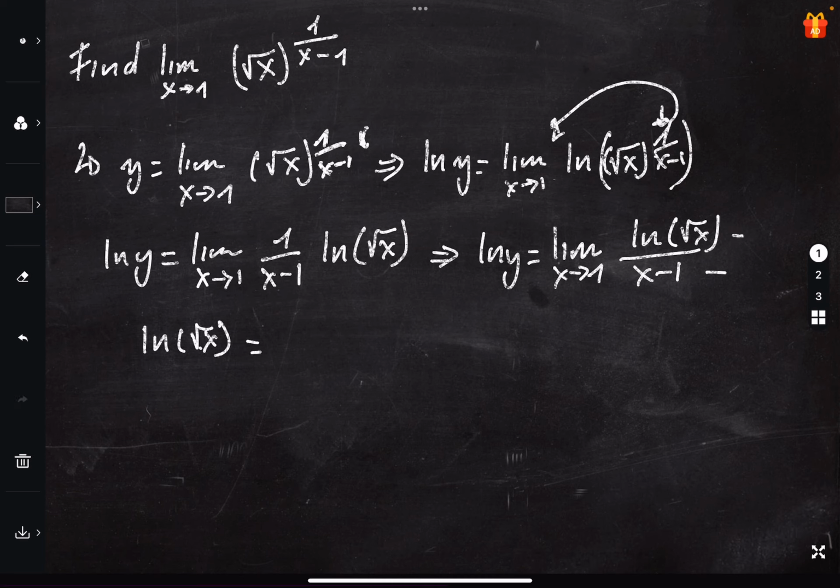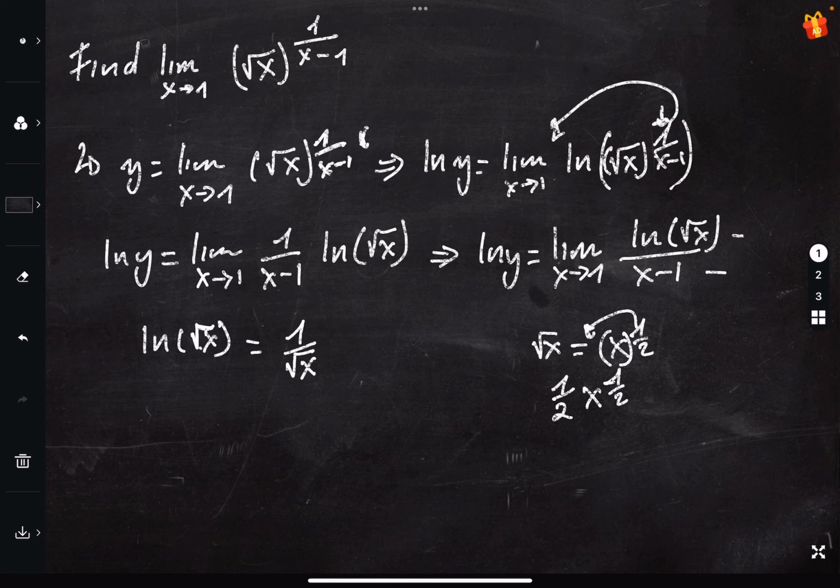The derivative of natural log of anything inside the parentheses will give me 1 over whatever was inside the parentheses. And then I take the derivative of what is inside the parentheses, so the derivative of square root of x, which is the same as x to the power of 1 over 2. I can drop this one using the power rule. So I end up with 1 over 2 times